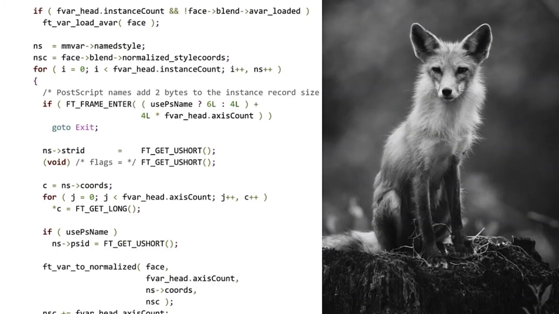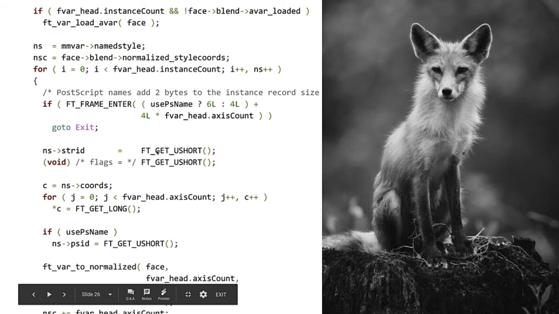So I'm going to show a few pieces of code from other frameworks that deal with fonts. And this is a piece of code from FreeType, loading instance variation named instances from a font. And I had the pleasure of debugging this code because it was not performing well. And please spot the bug. A hint, if the font had an AVAR table, this code was not working correctly. And yes, I don't expect you to. The problem is,